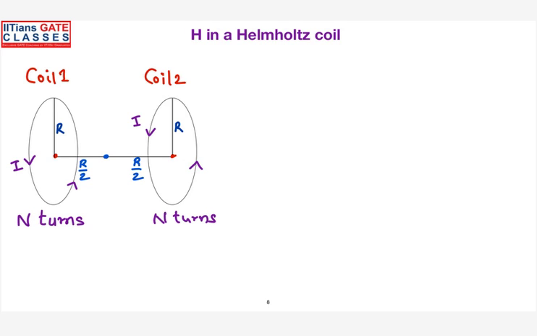Actually in our BEL, we have designed this Helmholtz coil indigenously. It is actually nowhere else in India. We have designed a Helmholtz coil which will be able to withstand 800 amperes per meter at 400 Hz frequency, not only at DC and 50 Hz. That is the first time in India we have designed this, and I was the co-designer of that coil, and I have published one IEEE journal paper related to it. Maybe in the drive we can upload the same link for you also. You will get the concept of the Helmholtz coil.